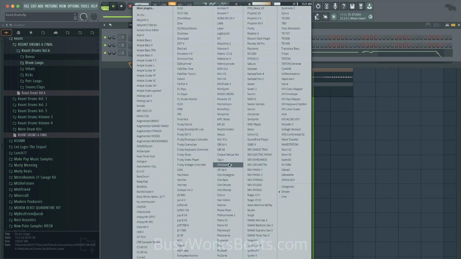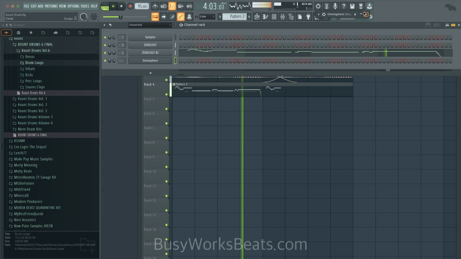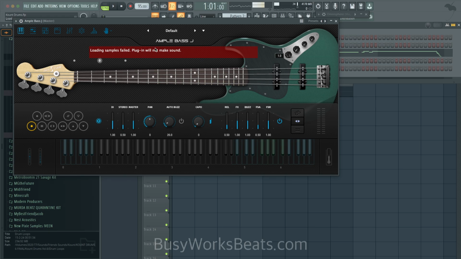Okay, let's add some trillium bass. Actually, I forgot I have these on a hard drive now, so they should be faster. So let's use Ample Sounds bass, only because they have key switches. Wait, never mind.